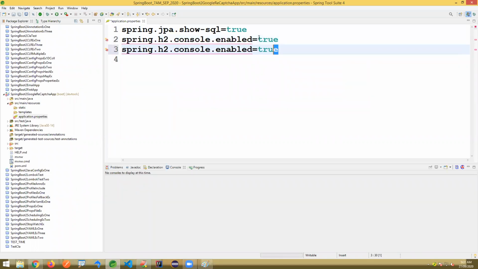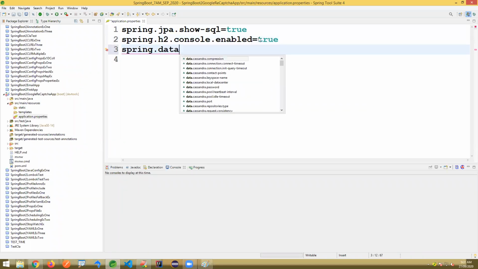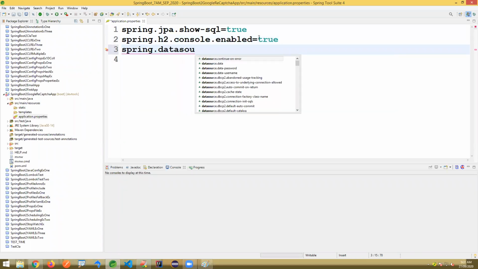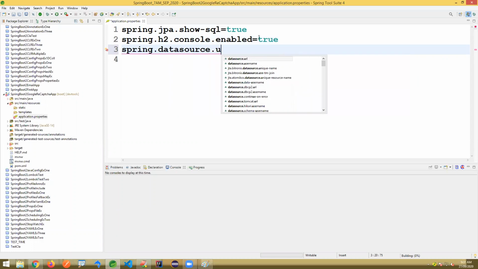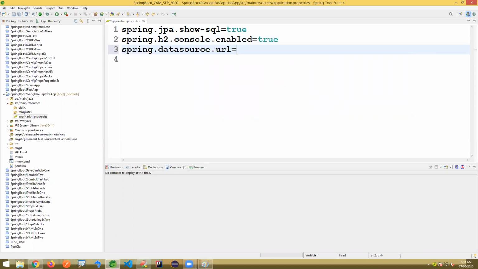And for the datasource URL I'm giving jdbc:h2:mem:testdb. You can take any database name, that's fine. So like this, I'm taking the details here. Of course, these three are optional only.